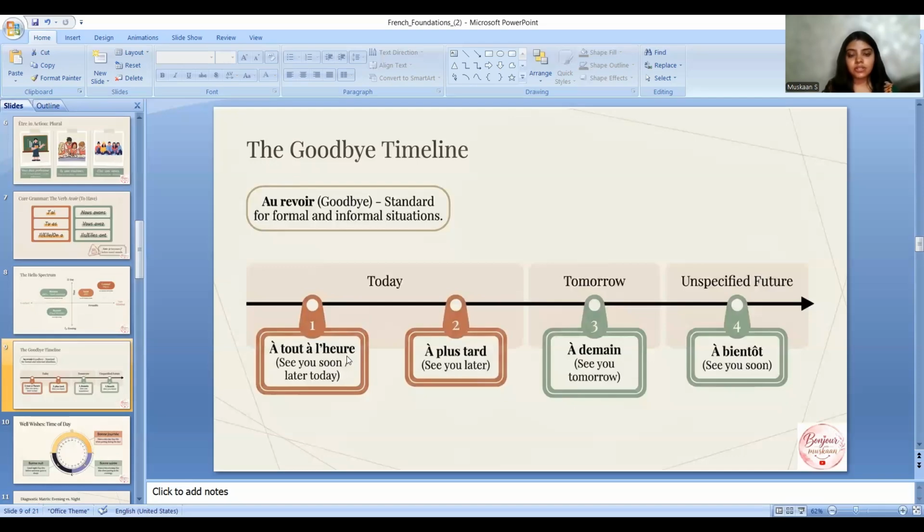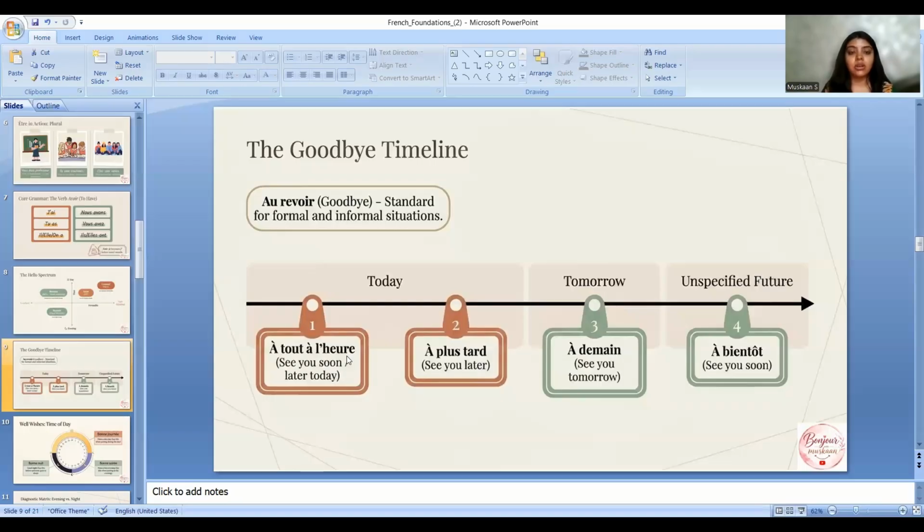So first is à tout à l'heure. Repeat after me. À tout à l'heure. Second is à plus tard. Third is à demain. And next is à bientôt. And the casual way of saying goodbye, which works for both formal and informal situations, is